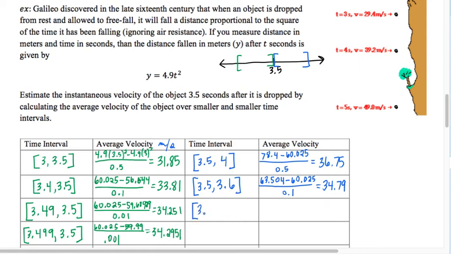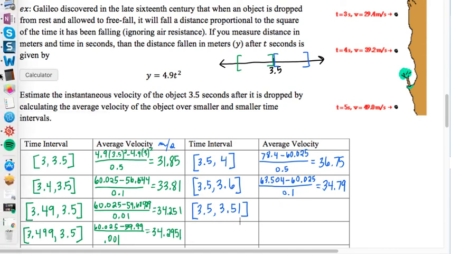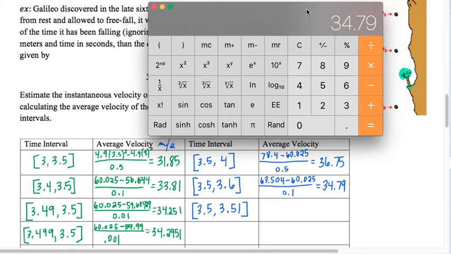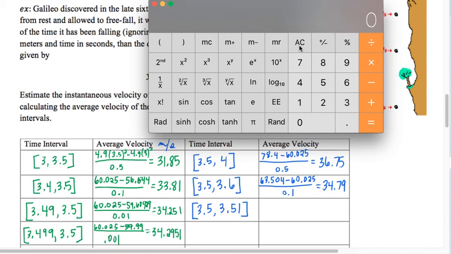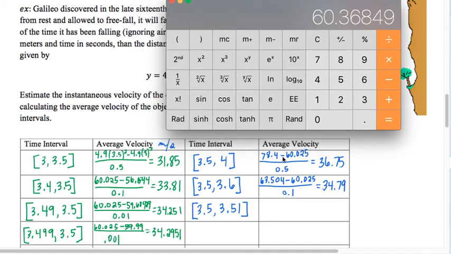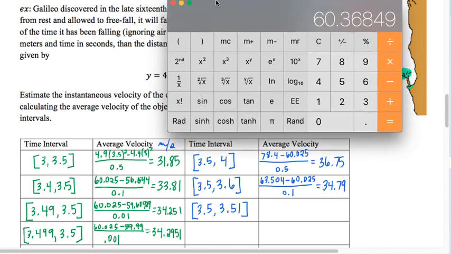Let's go from 3.5 to 3.51. Let's try that. So when we plug in 3.51, we've got 3.51 squared times 4.9. Okay, 60.36. On paper, I'm just going to round it to 60.368, but not in the calculator. 60.368